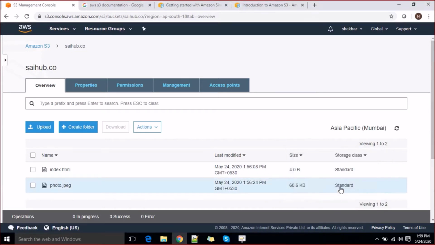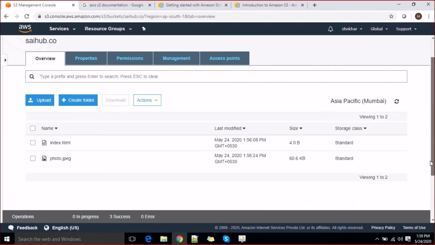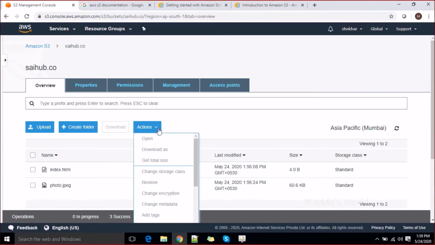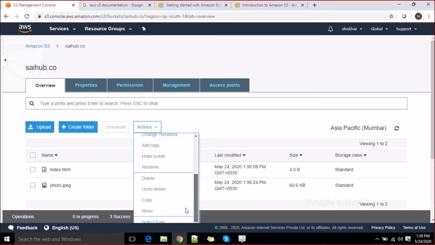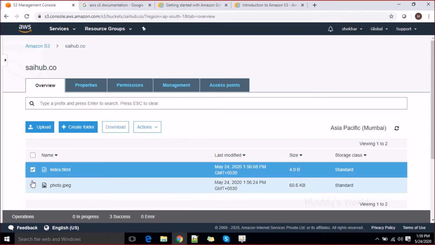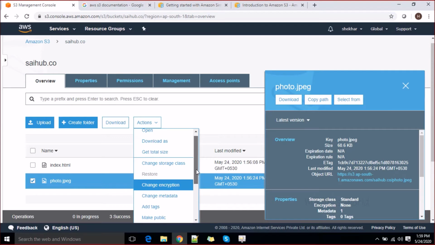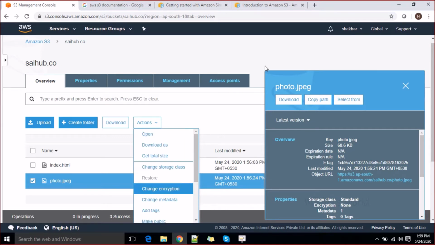Sounds good, right? So we were just talking about these objects, how we stored our objects in the S3 bucket, and how we managed to make them public. You can see we can access them from anywhere, we can put data from anywhere. And we can make them public, select them, and change their permissions directly using this action tab. So you have a couple of things to do from here.